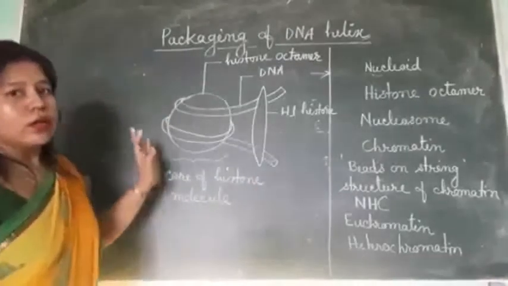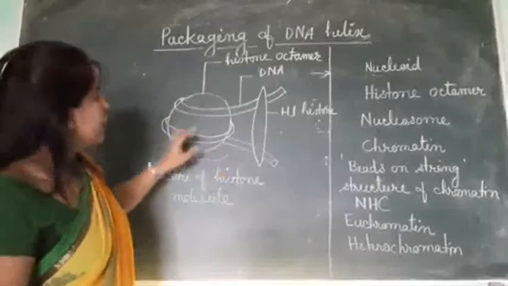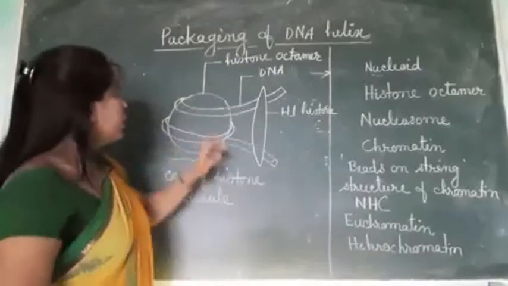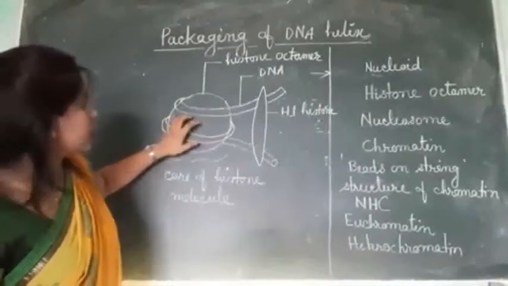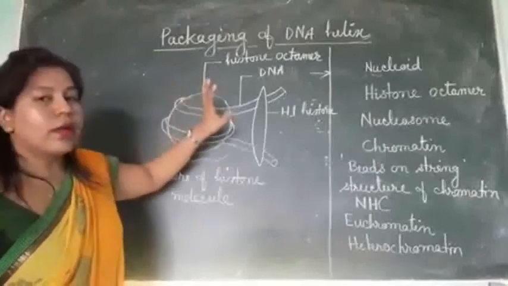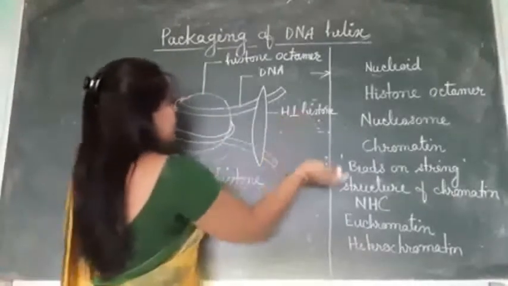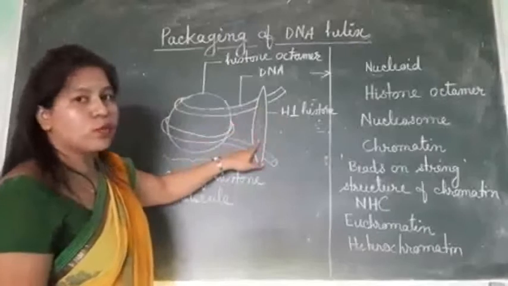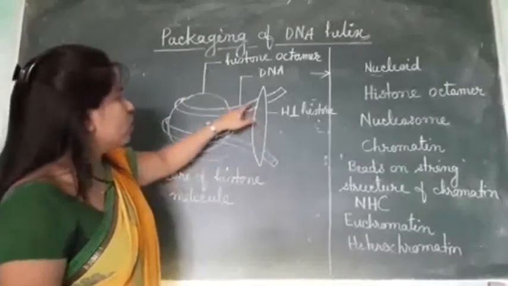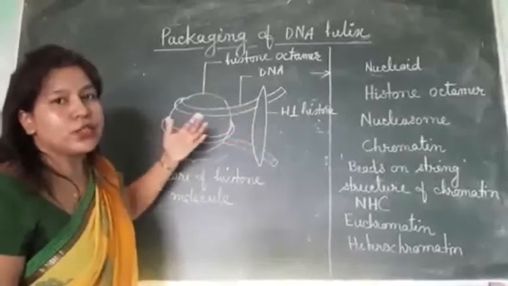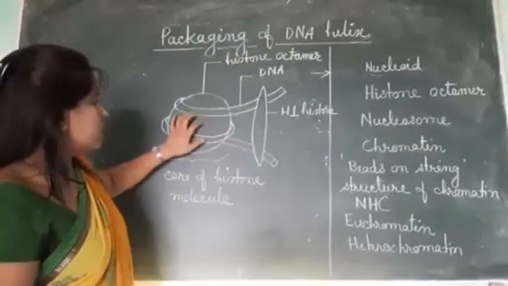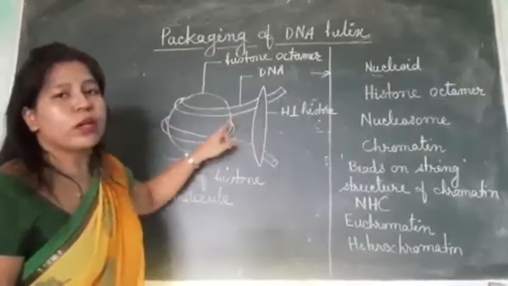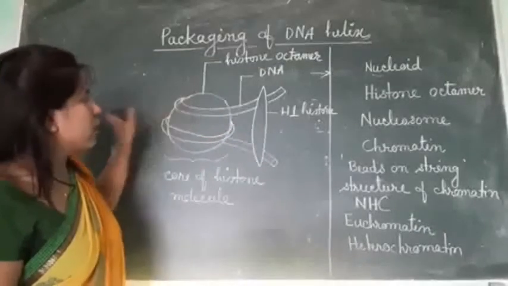Okay, so in eukaryotic nucleus, the negatively charged DNA is wrapped around the positively charged histone octamer. This is histone octamer. Actually, a total of 9 histone molecules are involved in the packaging of DNA in eukaryotic cell. This is another histone protein. It is called histone 1, to which both the terminal ends of the DNA helix are attached. Okay, so this 4 molecule, it is composed of 8 molecules of histone, and this one another histone molecule. So a total of 9 histone molecules are involved in the packaging of DNA in eukaryotic cell.